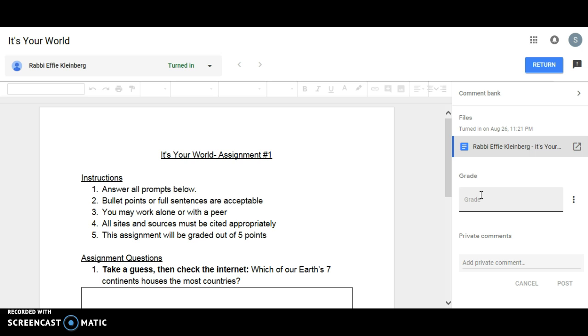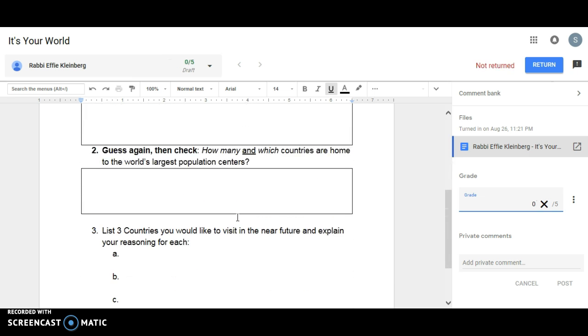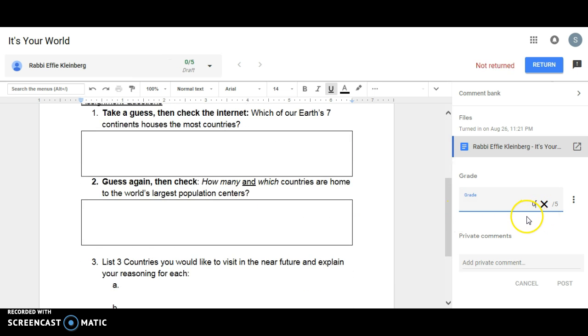Here on the side, you have a grading option. So here we're going to give the student a 0. They didn't complete any of the questions. The teacher can post a private comment, something along the lines of: